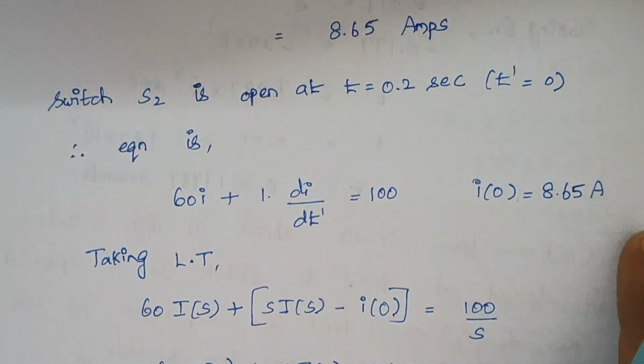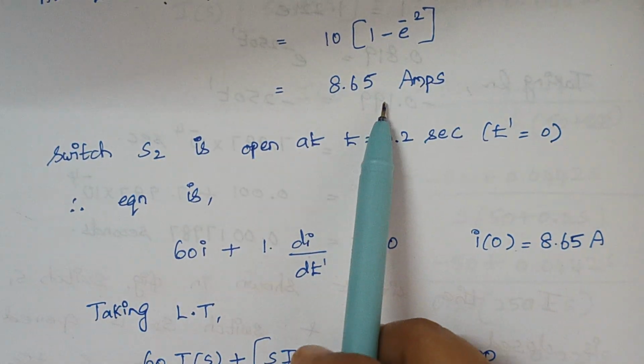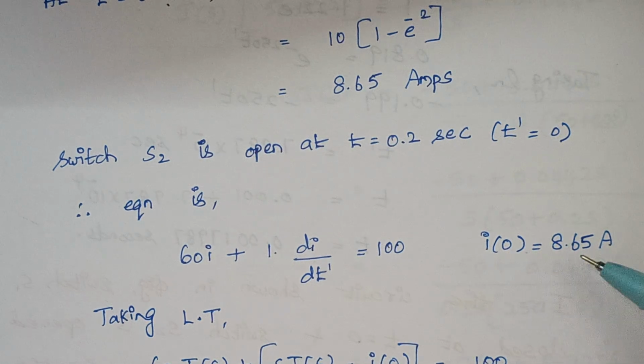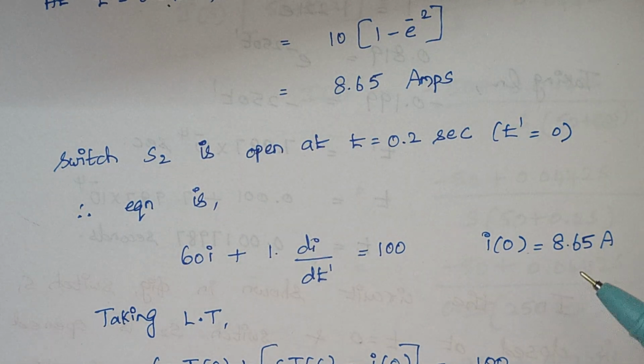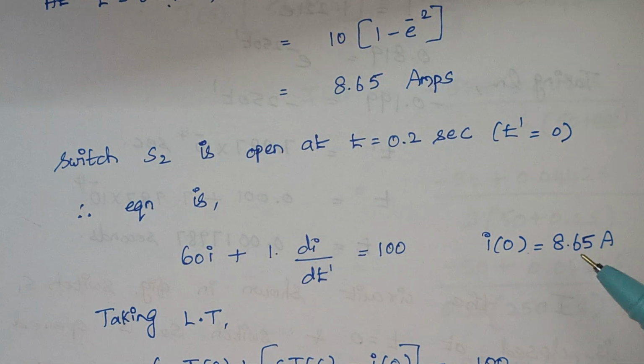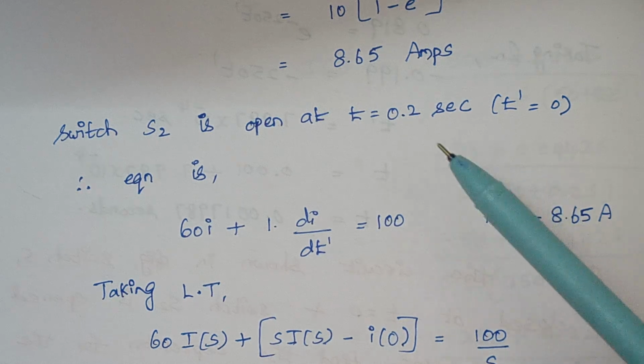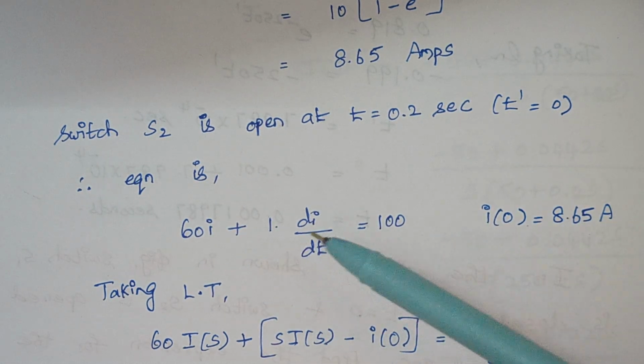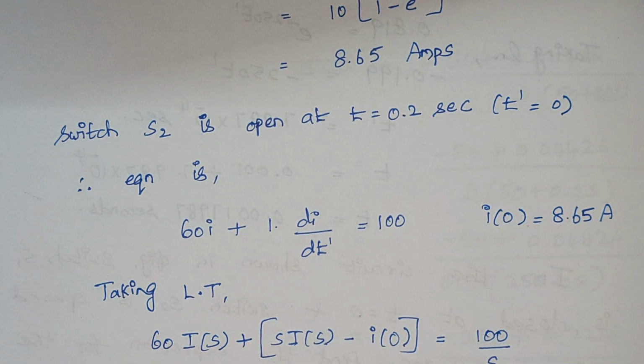So this is what we have calculated previously, right. So I of 0 is 8.65 amps. This is the current which is caused during the initial stage, that is when both the switches are closed, right. Now when the switch S2 is open, our expression gets modified like this, and now we are going to take